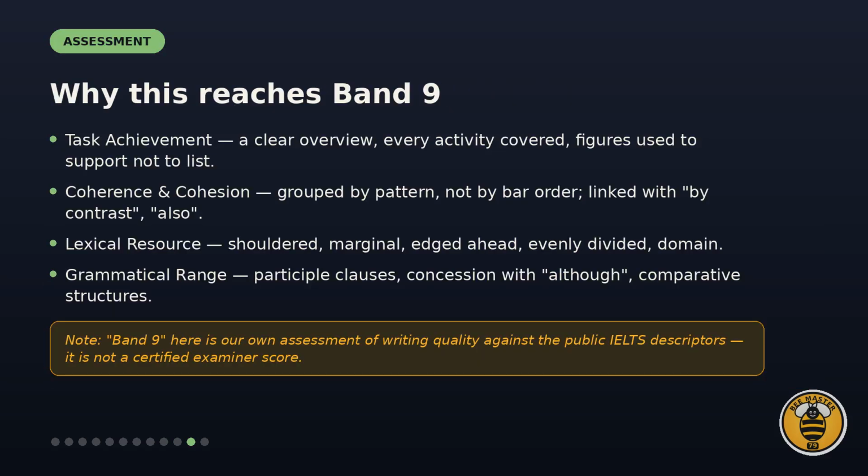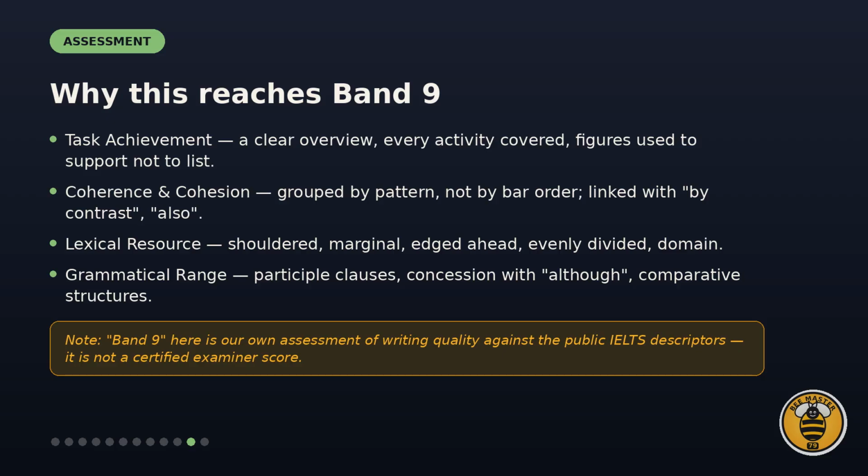Why does this reach Band 9? Task achievement. There is a clear overview. Every activity is covered and figures support the argument rather than simply being listed. Coherence and cohesion. The data is grouped by pattern, not by bar order. Lexical resource: shouldered, marginal, edged ahead, evenly divided, the main. And grammatical range: participle clauses, concession with although, and comparative